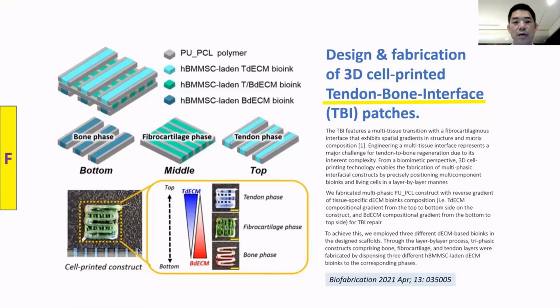And the key technology for 3D bioprinted injectable scaffolds is that they can provide you a custom-made tendon-bone interface technology, which is called